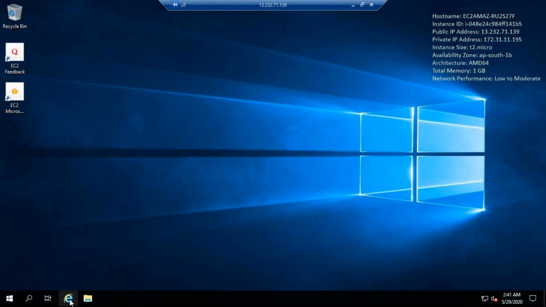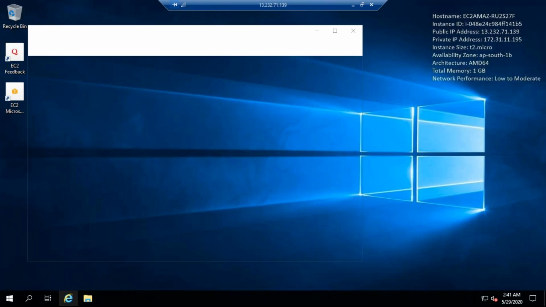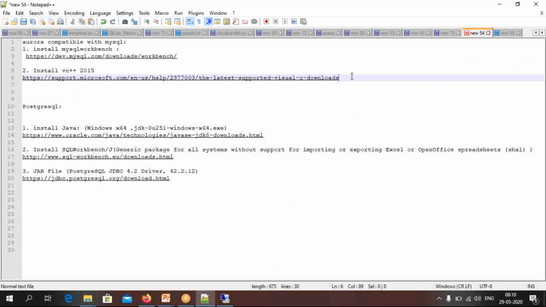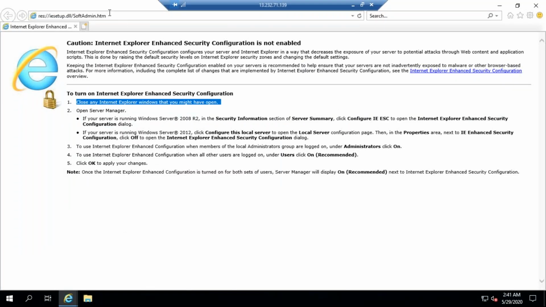Now open your Internet Explorer. First thing is we need to download the dependencies. Take this dependency, come here, remove this and put this URL, enter.